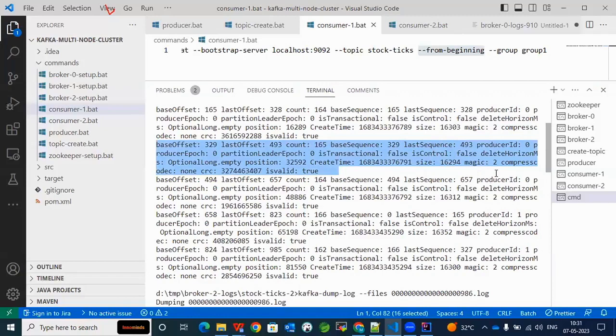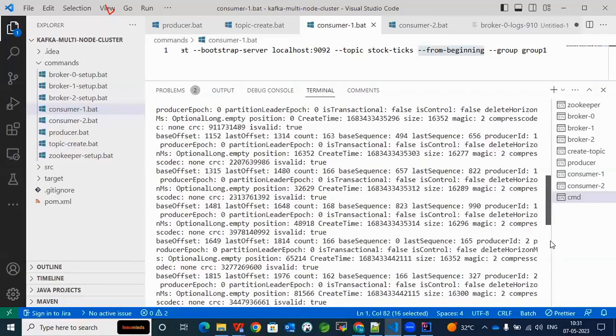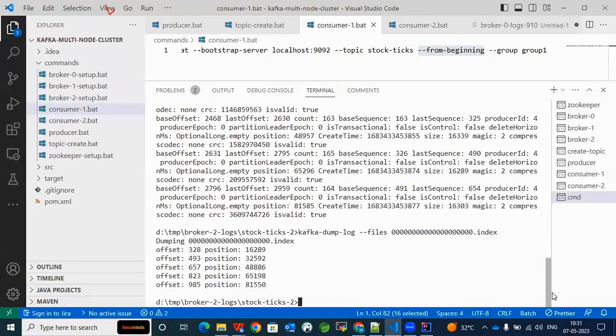Does this actually help to recover the lost data? Not lost data. It is not helping to recover. It is helping to find out quickly if any consumer is asking, I want a message from this offset. For example, a consumer is asking, I want a message from the 200th offset. Then